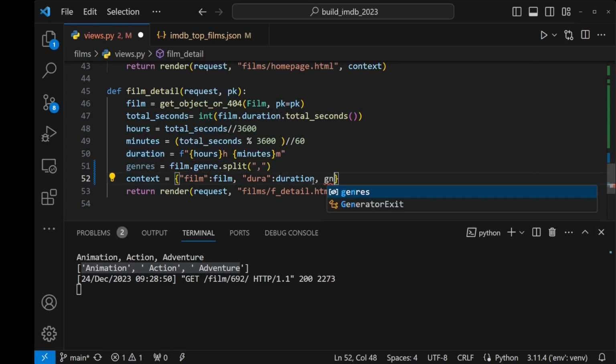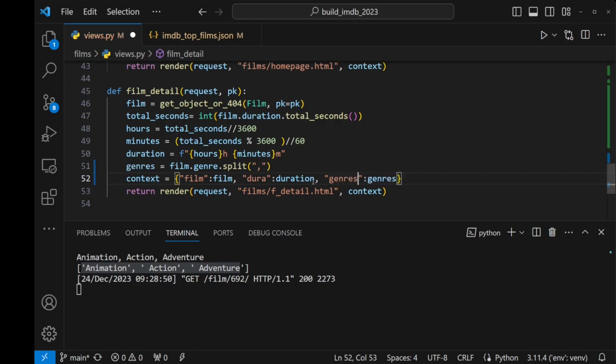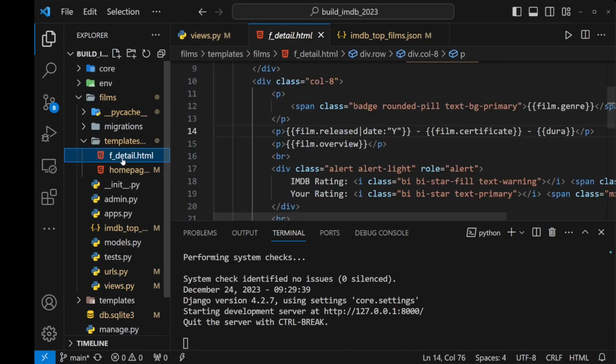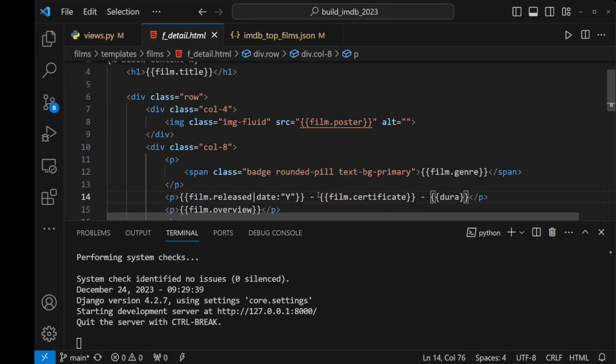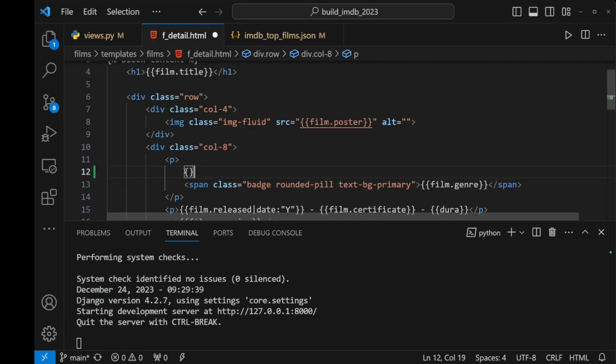So we'll call it genres, and that will equal genres. Cool. So now if we go back to our template for film detail, we're now going to iterate. So where do we have, let's close that for a second. If we go to the top, there we are, we have our peels. I've been calling them tablets, peels. We want to run a for loop. So within this paragraph now, let's add a new line, and we'll add for loop. So we'll say for genre in genres, and then we'll end our